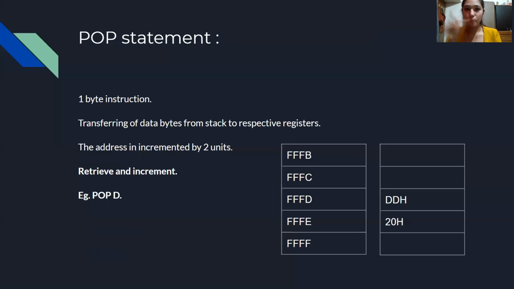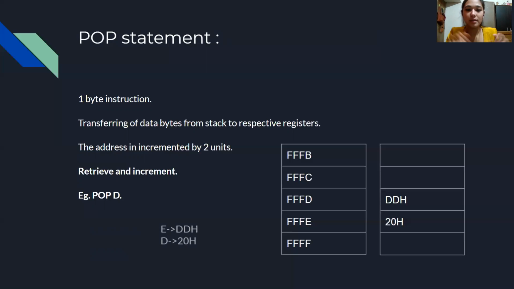The topmost is the least significant data byte. In the register pair DE, it will copy the DD data to the register E, then decrement, okay, copy and then decrement the address and then copy the data to the D register.